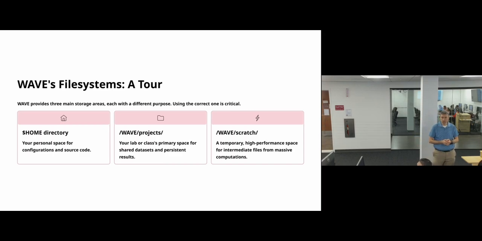That directory is limited to about 50 gigs, and that's where your configuration files go and different things like that. Then you have Wave projects. You will get a group directory there for your entire group. So for example, for my CSIN 140 class, there's a group there called CSIN-140-SP26.